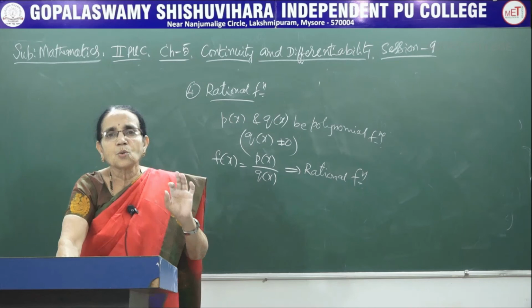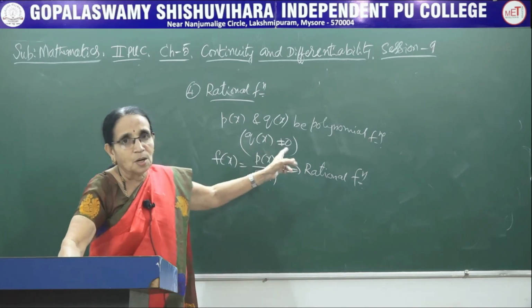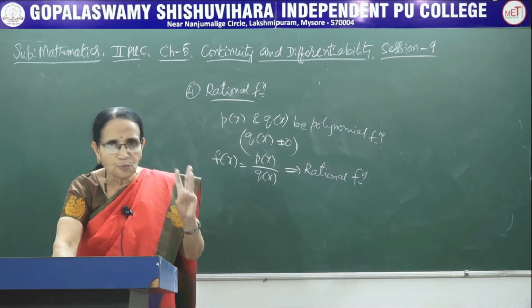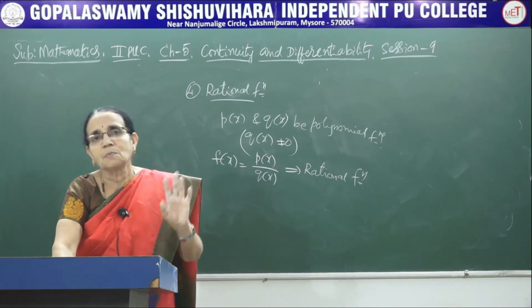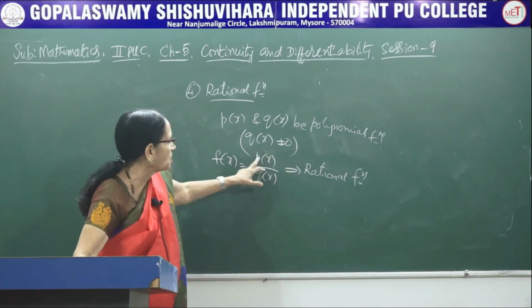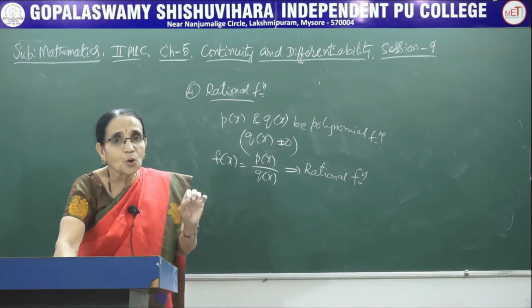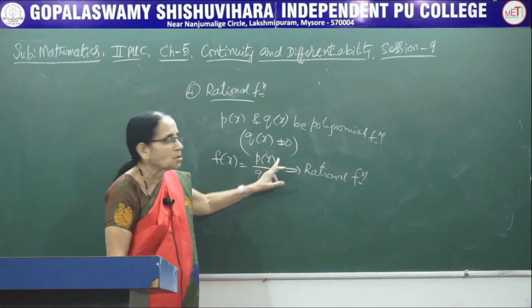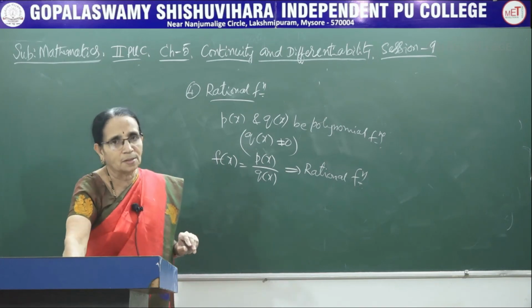In that one, when two continuous functions are there, see, a polynomial function is continuous. According to the theorem, if f and g are two continuous functions, then f plus g, f minus g, f into g and f divided by g will be continuous functions. Now, p(x) and q(x), being polynomial functions, are both continuous. By the fourth part of the theorem, p(x) by q(x), assuming q(x) is not equal to 0, certainly will be a continuous function. You have to give the reason like this.